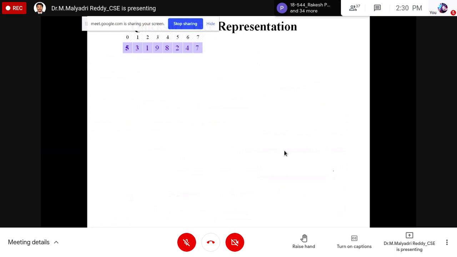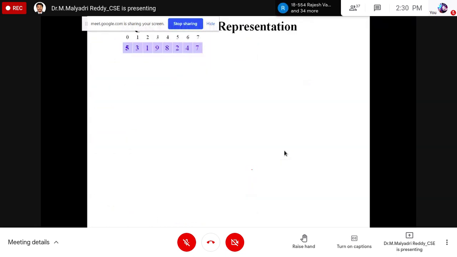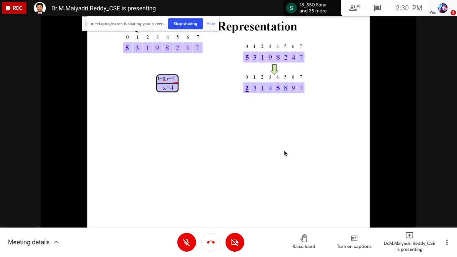So the sorting element, to check this one from this example, in the first step the partitioning element is 5. In the second step the partitioning element is 2. That will be represented in the tree format. So in the ith iteration both positions are replaced. So 2 subarrays are there. In the second position, pivot element is 2. That is the iteration, I equal 0, R equal 3 is the range. Its pivot position is 2. This is the pivot position.